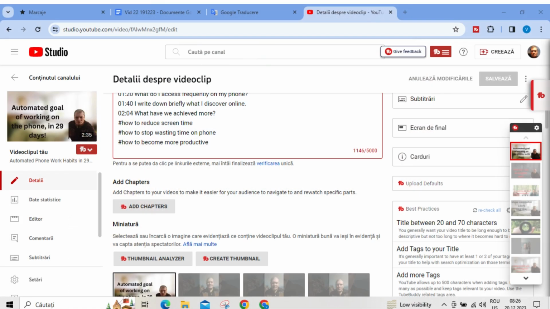With TubeBuddy, under details, you have add chapters. Click, and in the top left is the video, and we have an additional playback head and a dedicated timeline.